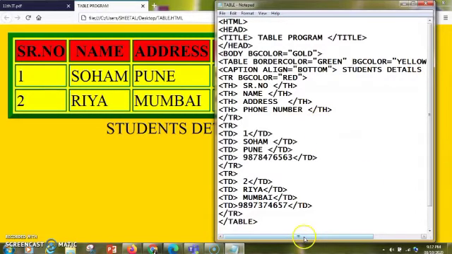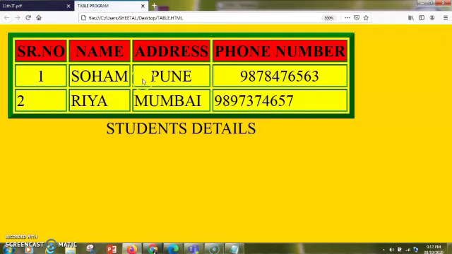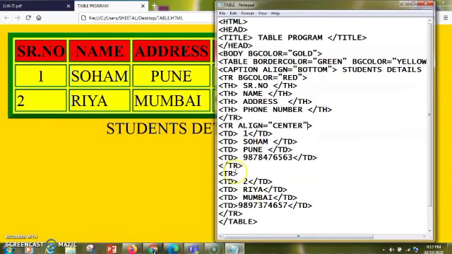Please try this program and send me the feedback of your program. If you want, you can also give an alignment. Alignment equals to center. So by default, the alignment is always in the middle. So I'll just save it and you can see now this has got a center alignment. Okay. Same way you can give this same alignment to your other rows also. So you can see that everything will be in the middle.